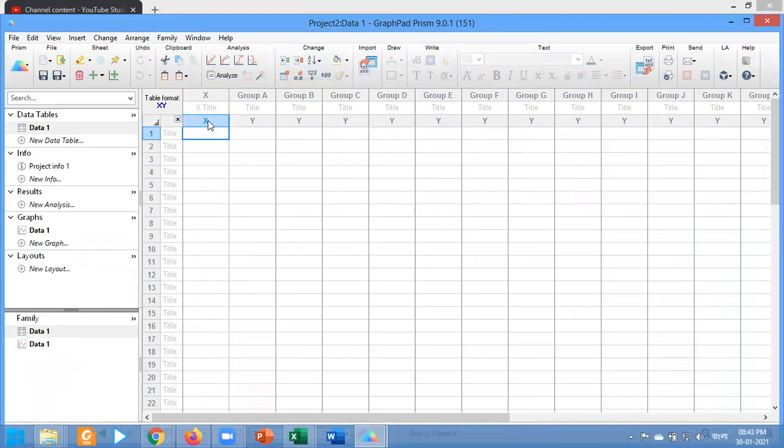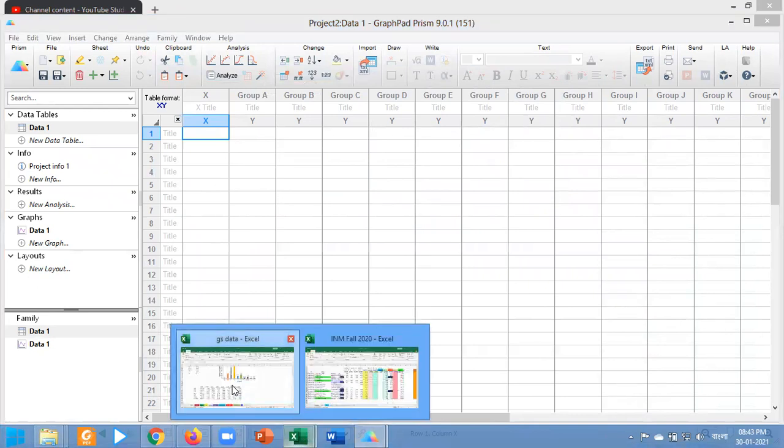So this is the X column. Everything you put in this column will be correlated with the others that are going to be put in the Y column. And I am going to correlate the gallic acid equivalent value with the IC50 values. The data that is going to be correlated with the other should be put in column X. I have made the data.